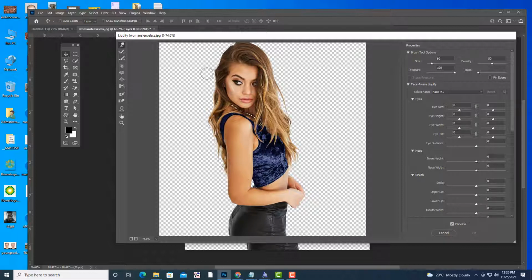I'm going to stretch this. We have to stretch the side part like this.